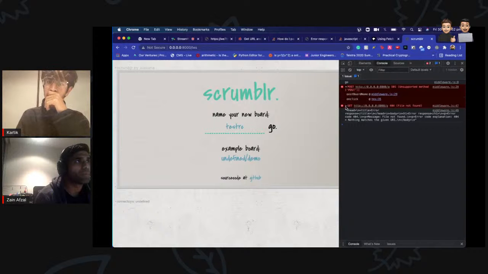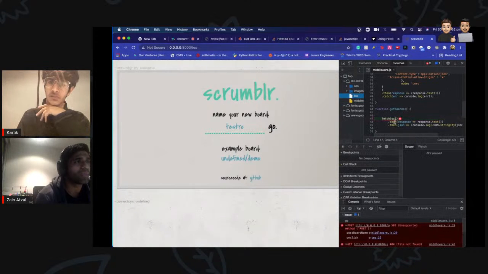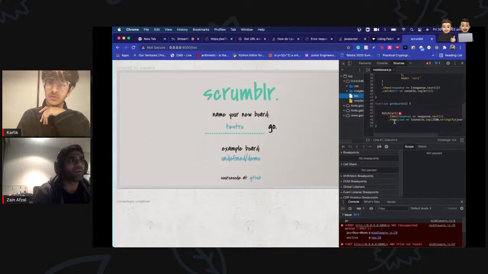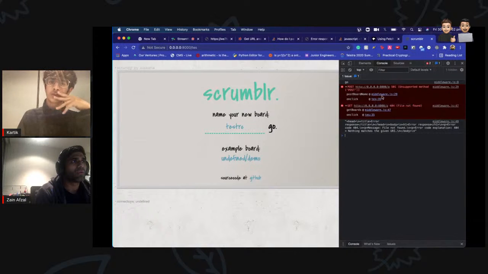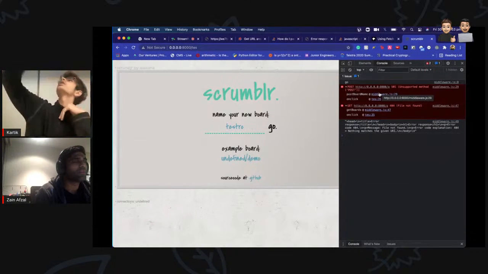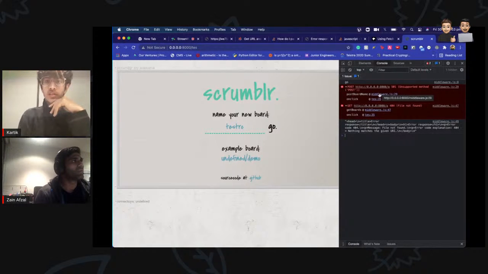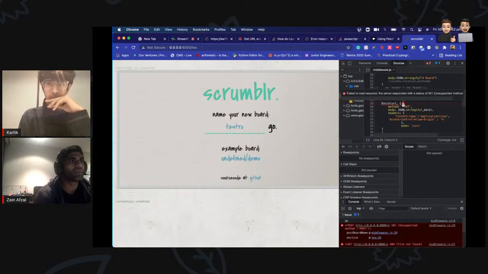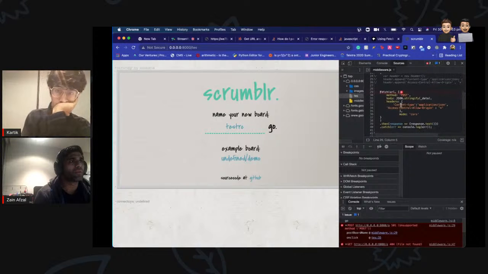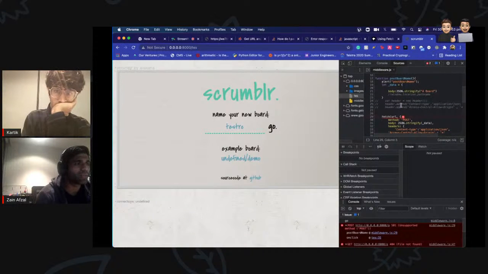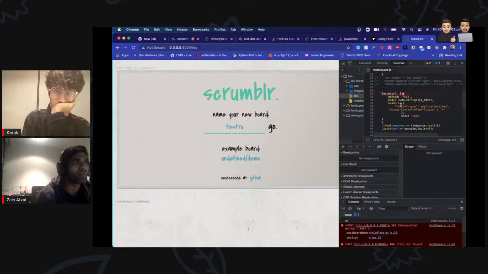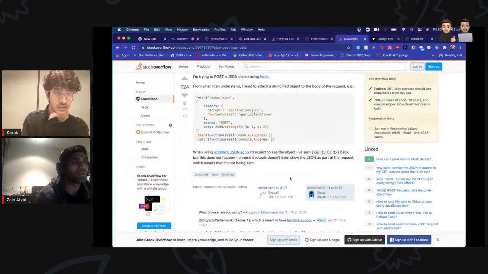Unsupported method post. File not found. Error. Which file isn't found? Nothing. Oh, it's just related to this only. What do you mean? Come on. It's just related to this only. By saying that isn't supported, as in the method isn't supported. Post method. Yeah, that's why I want to see how it's done.